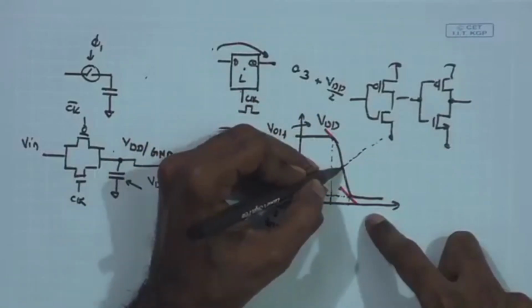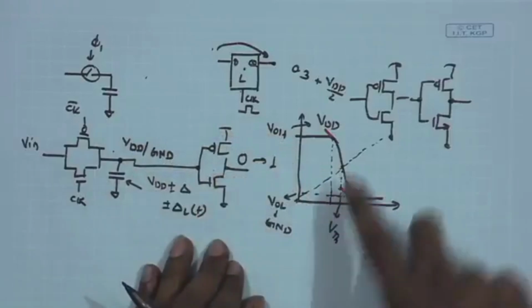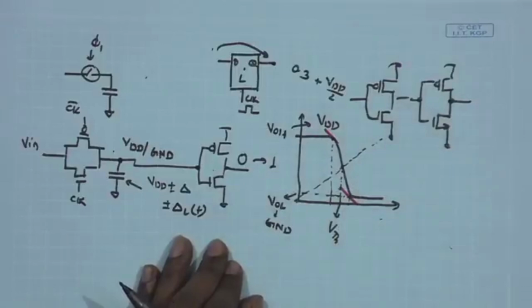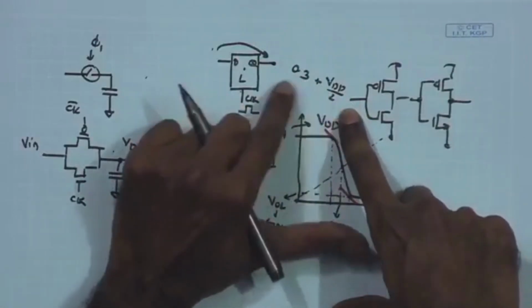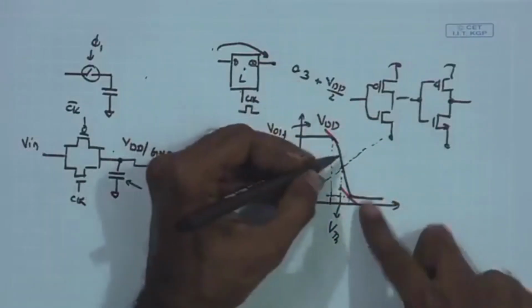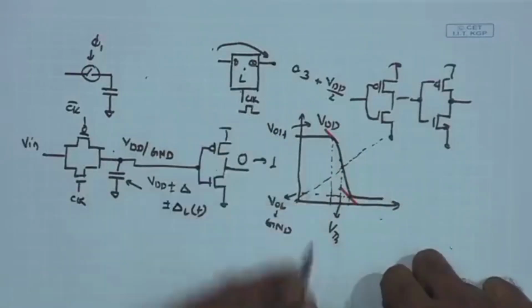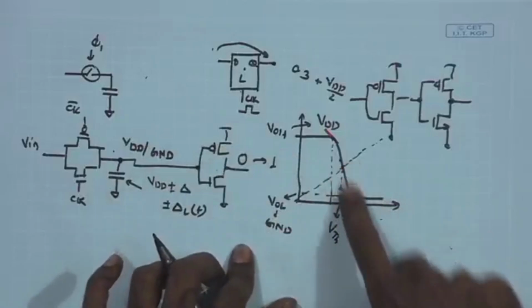So, this is going to be the trip point of the inverter, VTH, or threshold of the inverter, at which it flips the state. Suppose the trip point of the inverter is VDD by 2, and the input level is only slightly higher, VDD by 2 plus 0.3, or maybe even lower, 0.1, 0.2. So that it is somewhere in this region and it is not completely VDD. So, as long as the input is in this high slope region,